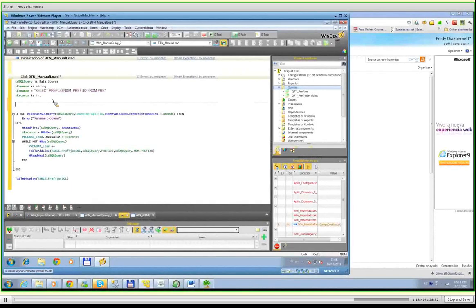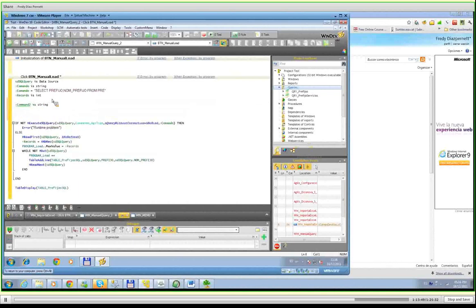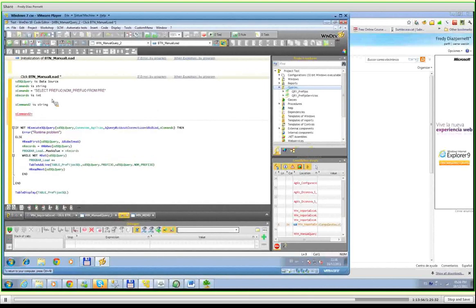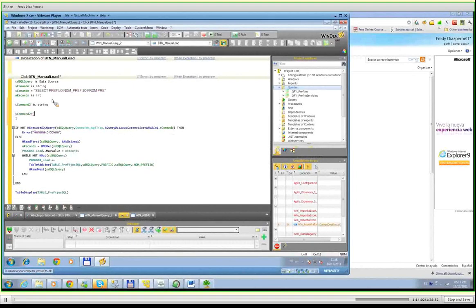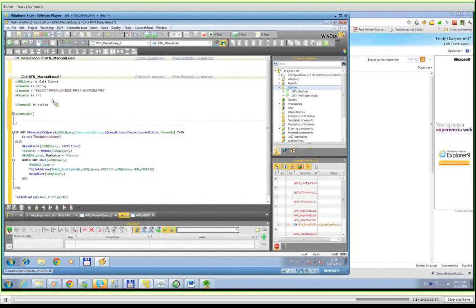For example, I will create a new variable, command2, a string. Command2 equals, open a red square and close, and you can put a very complex instruction. For example, select pre, comma,